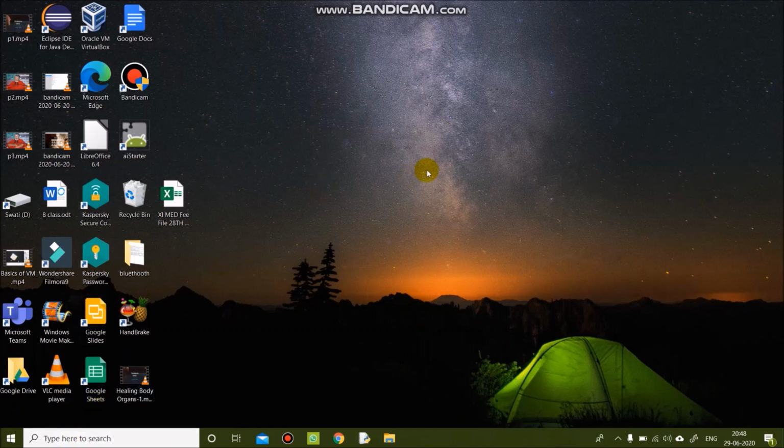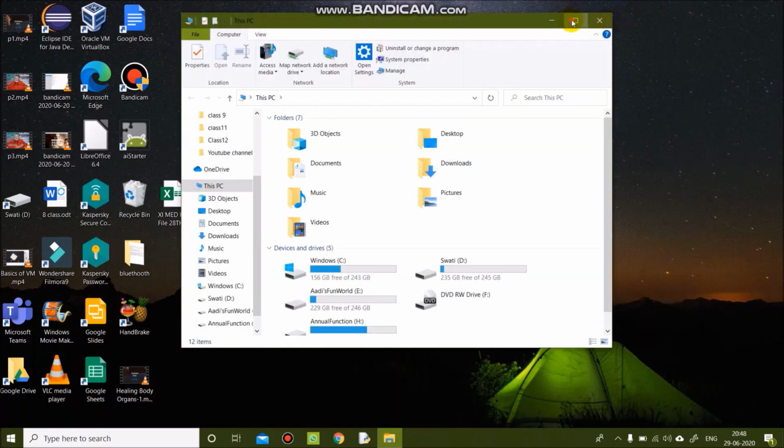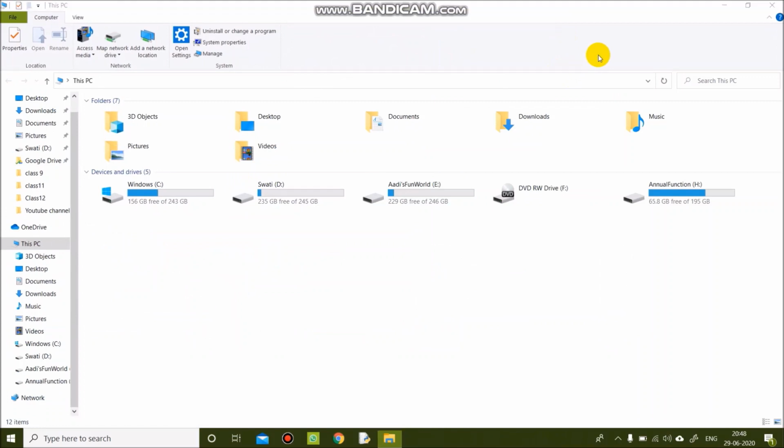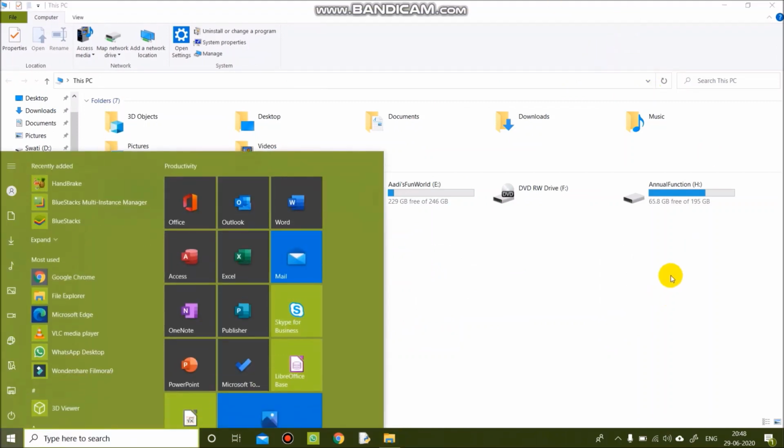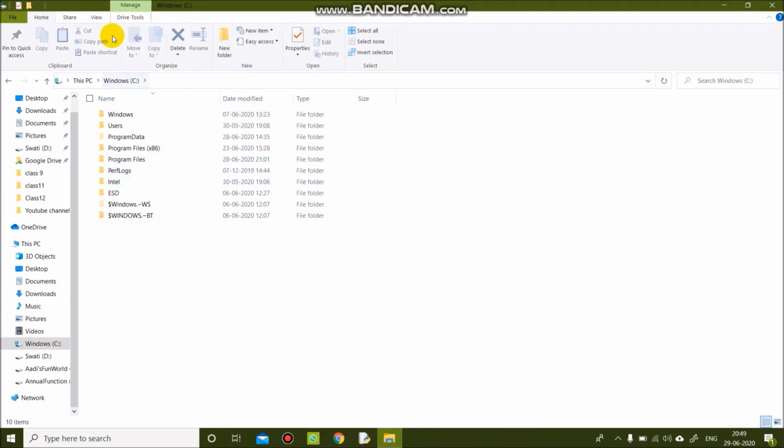First you need to press Windows key and E, and it will open This PC for you. Or you can directly go to Start and type This PC and open it. After that, click on C drive over the side pane here, or you can directly click from here. Now you will need to know the path of Python, where you have installed Python on your computer.